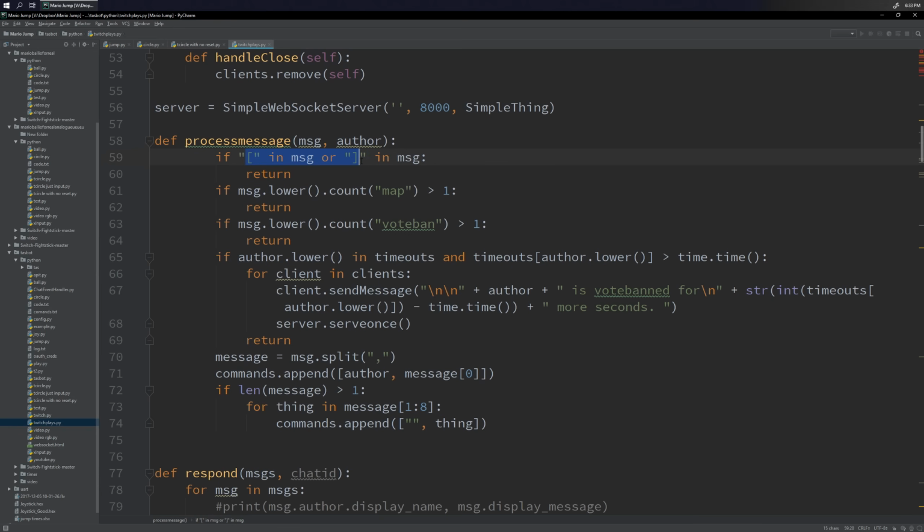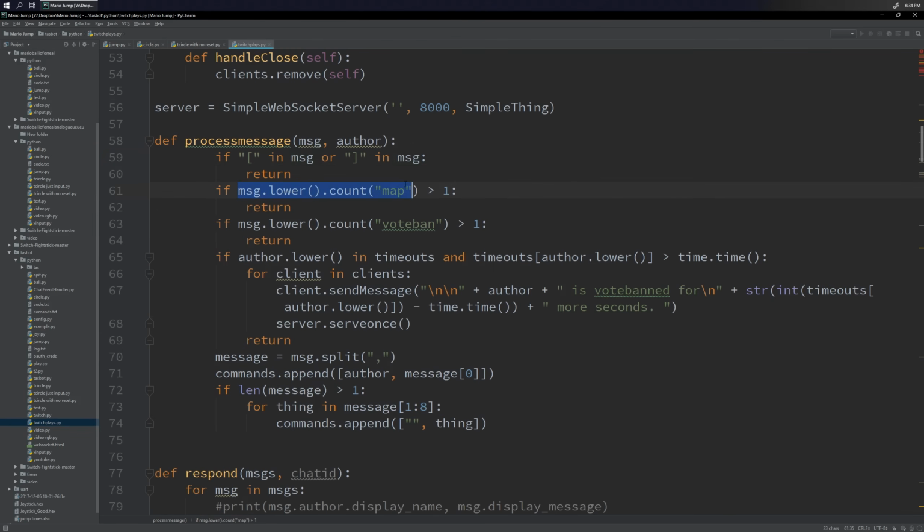Sorry, I added this feature pretty late because people wanted to be able to type messages without accidentally triggering commands. So I said, hey, if you wrap your message in square brackets, it won't count. And it just returns instantly. But actually, I cheated a bit. I just checked to see if the message has a square bracket, either one, anywhere in it, and then it just returns. So you didn't actually have to close them, but most people did, because they didn't know that.